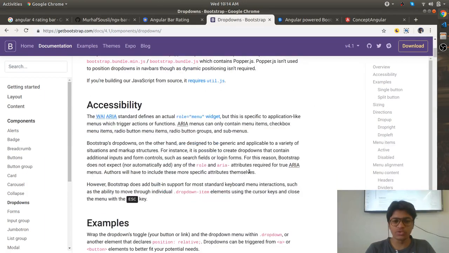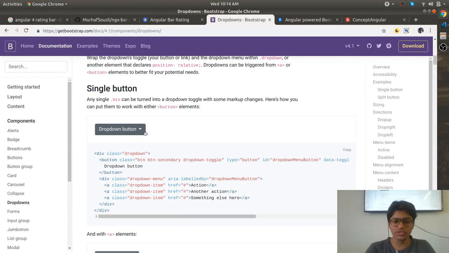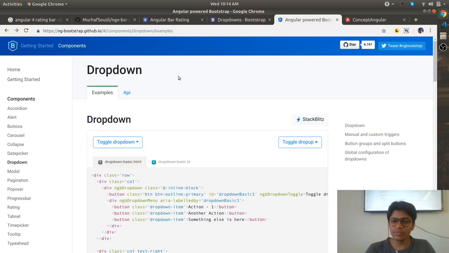In the components you can go to the drop downs, right? By adding just CSS, this will not work. Opening the drop down and closing the drop down won't happen. If you want this to work in your Angular project, you need the help of some framework,